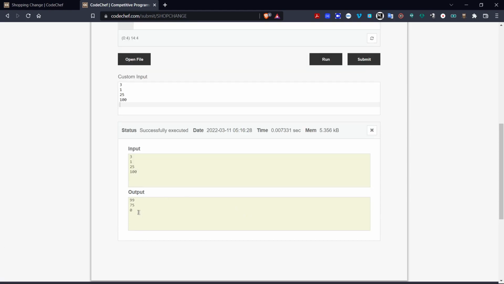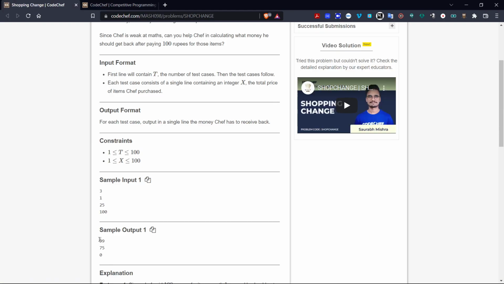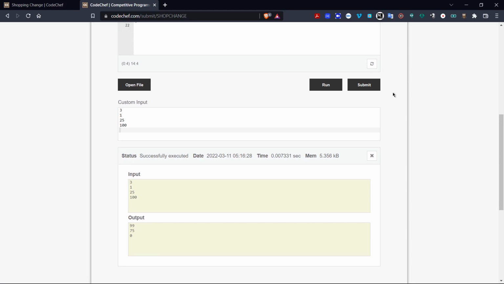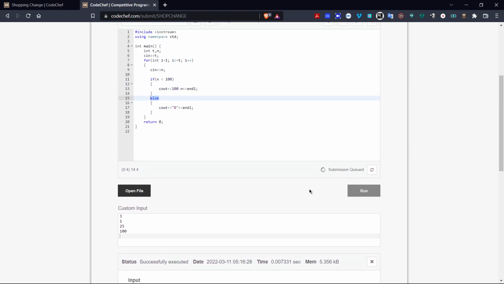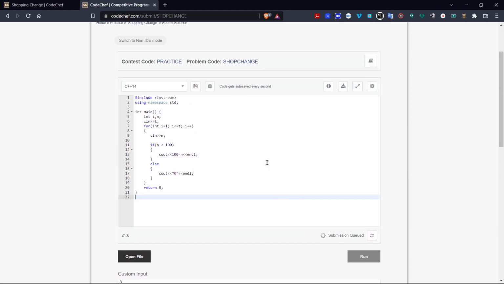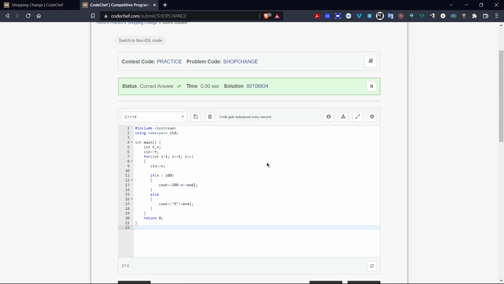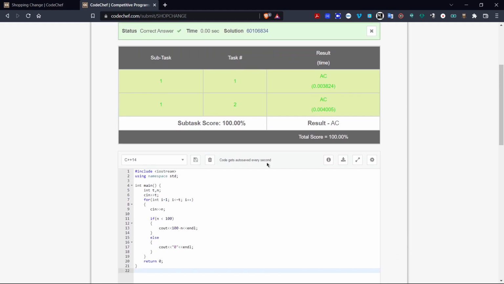As you can see, the answers we got here and the answers given in the question are the same. So we can submit the code now. As you can see, this code is correct and there are no errors. This is all for this question,